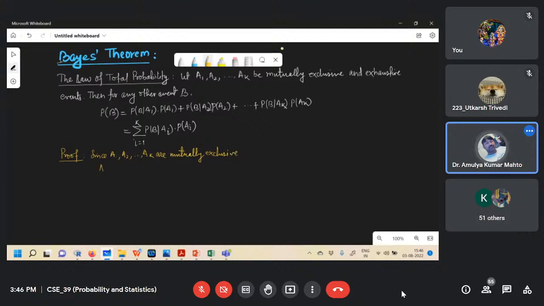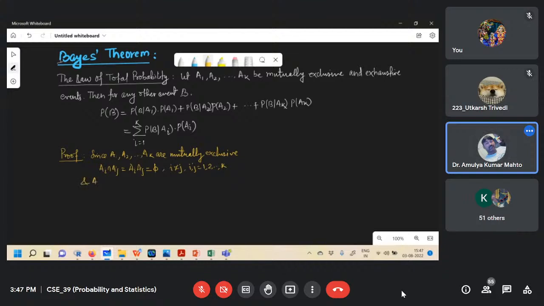So you can take AI intersection AJ, any two, or simply write AI AJ equal to phi for all I not equal to j, where i and j can be 1, 2, up to k. Since A1 to AK are also exhaustive events,